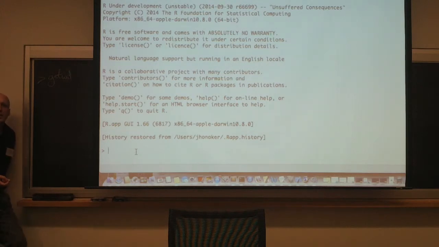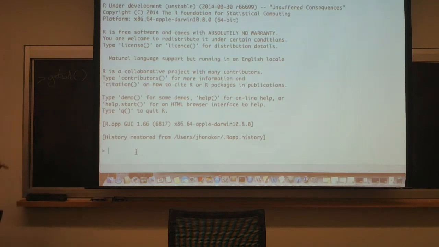Absolutely anything you can do in R is a function. Even if it's a function that has no arguments, parentheses are going to come after the end of a function name. So this is a function that's going to tell me the working directory. If you're a Linux or a Mac user, this is like pwd, for example, finding the root path right now. So getwd is going to get the working directory.